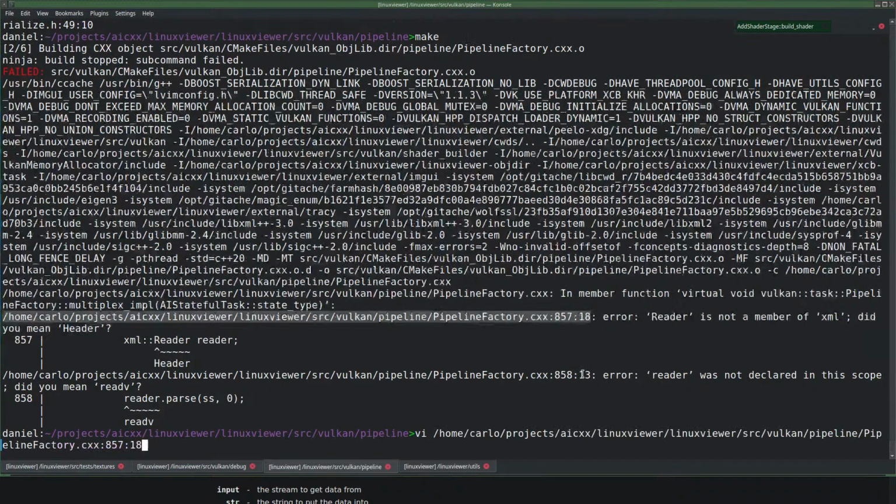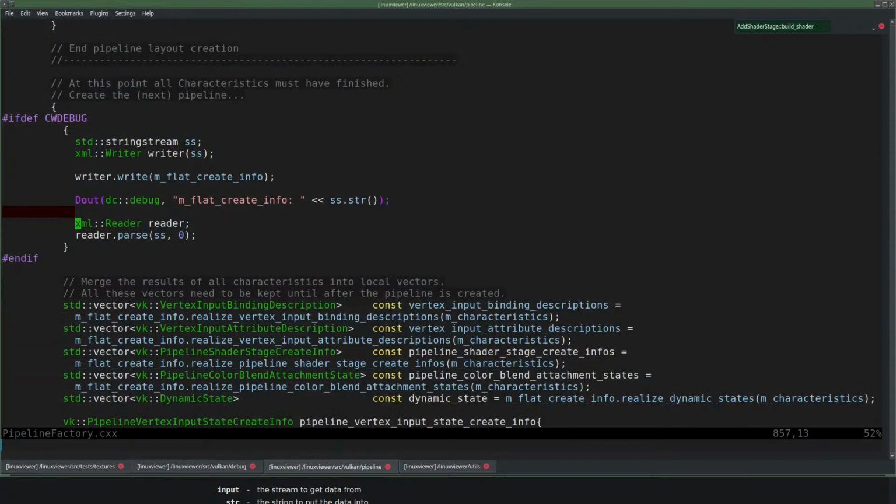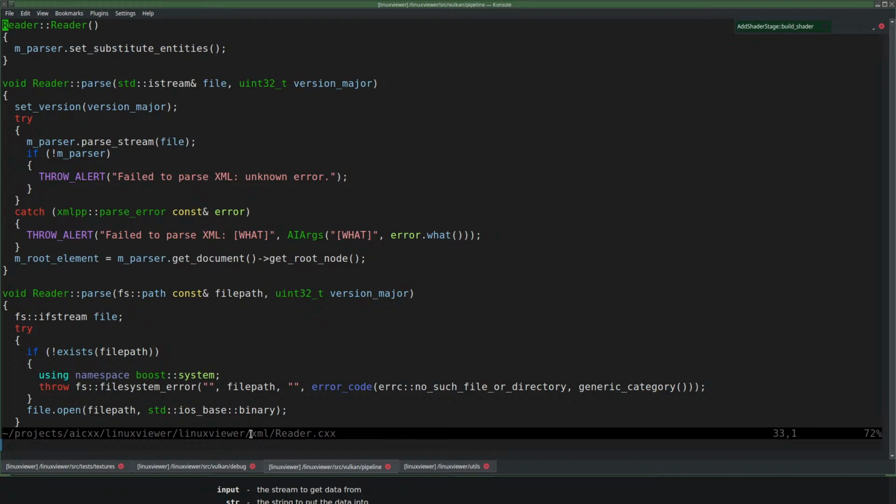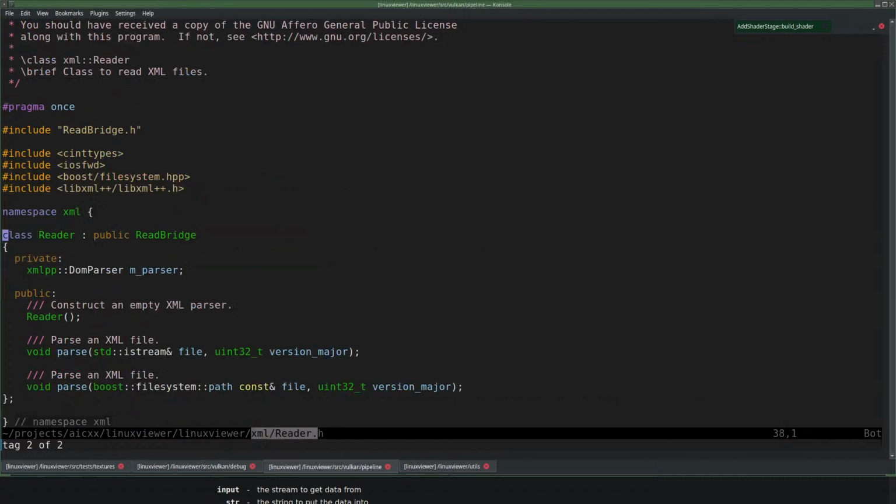Reader is not a member of XML. Did you mean header? No. I meant reader. It just didn't include XML reader.h, I guess.